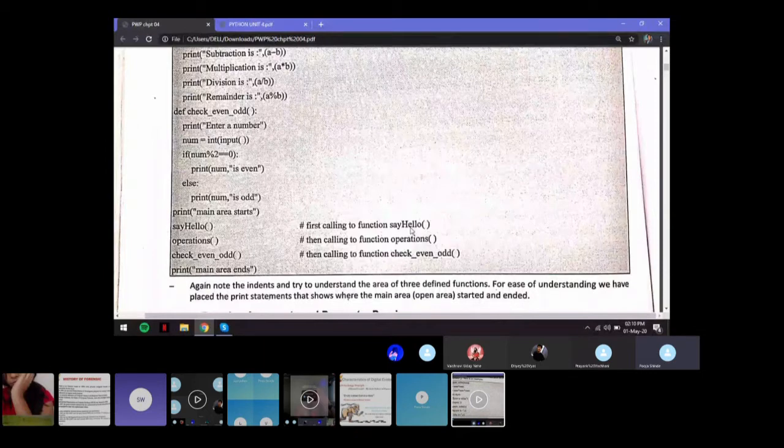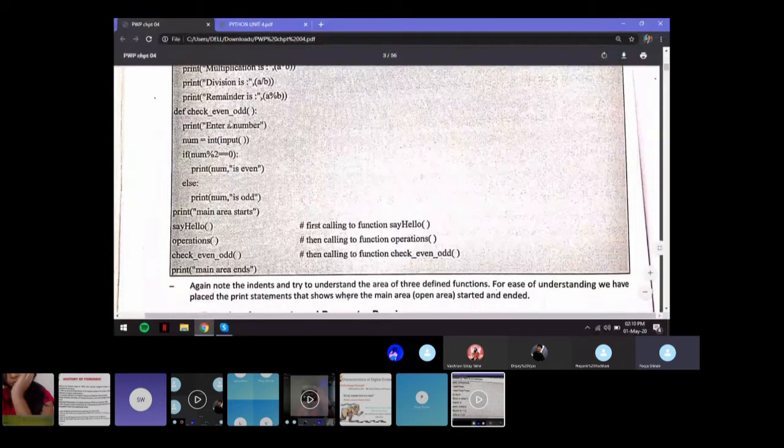Again, if you want to call the function check_even_odd, you will just write the name of the function followed by the brackets, and then the statements inside the function will get executed.